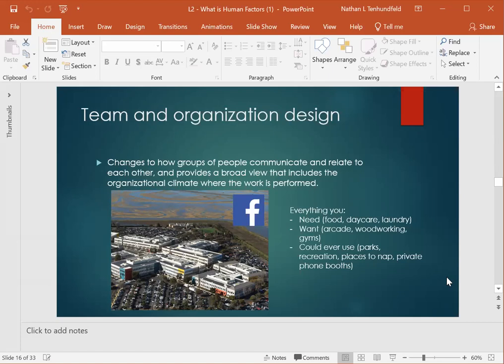You also have team and organizational design changes that can be made. And so this includes things like changing how groups of people communicate and relate to one another, changing the work or organizational climate,